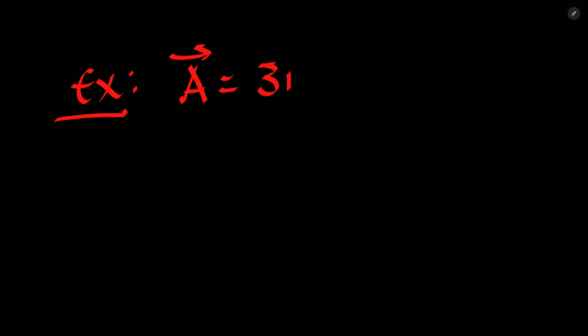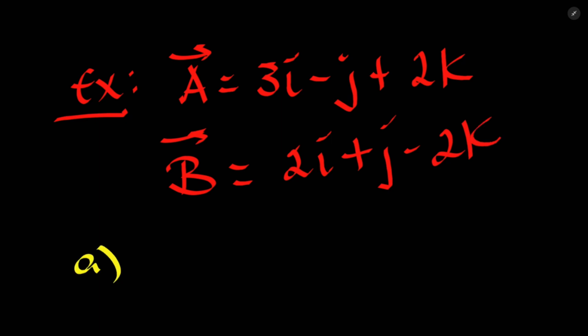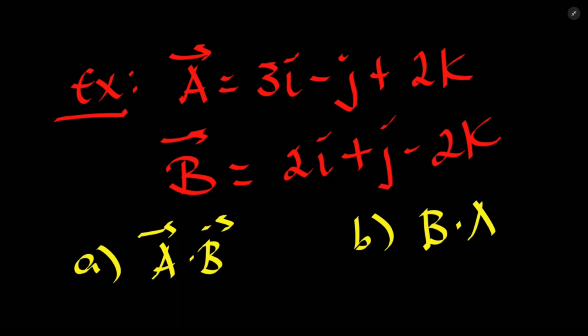ይኑረን የሁለቱ ቬክተሮች magnitude እንደዚህ ቢሰጣችሁ for example let's say exercise ለእናንተ practice የምታደርጉት ነው። so for example let's say vector A አለኝ that is 3 in the I minus j plus 2k and there is another vector B which is given by 2 in the I plus j minus 2k so I want you to find, calculate A dot B and calculate B dot A ሁሌ እስቲ ኮሚቴቲቭ ፕሮፐርቲ ይሰራል አይሰራም የሚለውን ቼክ አድርጉት እናንተ።